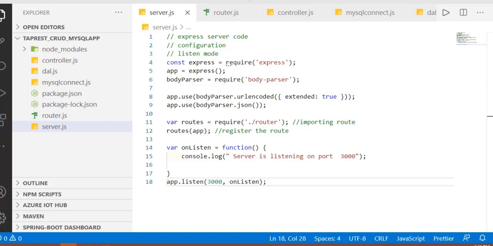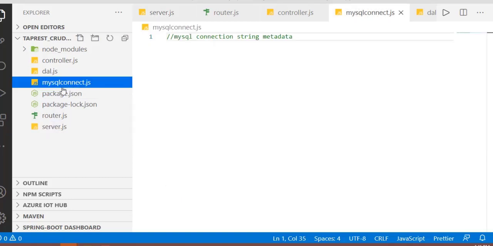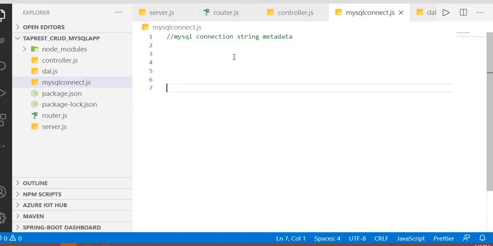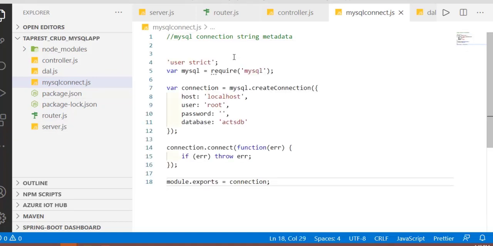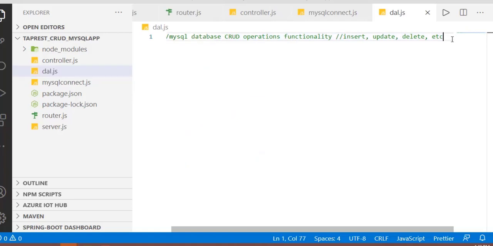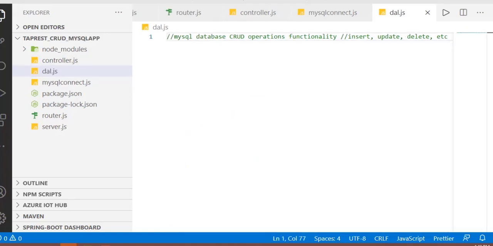Now that the server.js file is ready and written properly, our next job is connectivity with the MySQL server database. In this file, we will define the host, the password, the user and the database information, and using the connect method we will be able to get the connectivity. This is the kind of object we like to use outside of the JavaScript file. So we always write module.exports, and whenever we want to use things in other files, we always export those variables outside so that in another file we can use them.